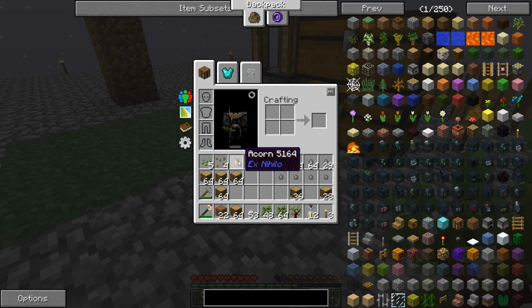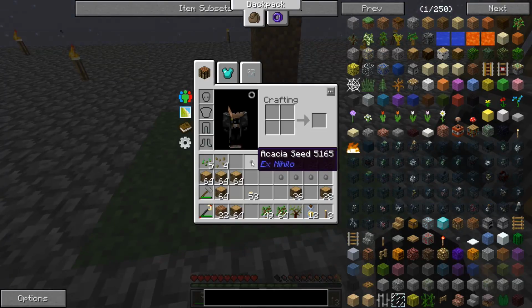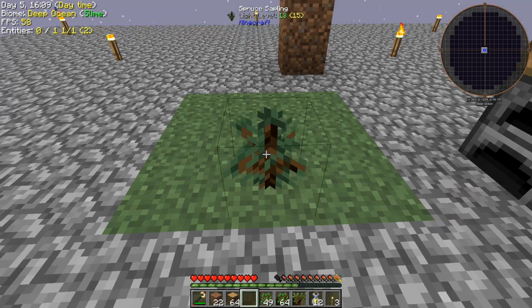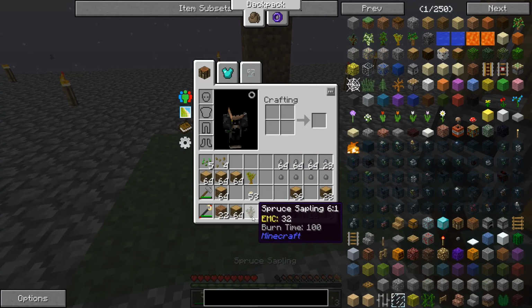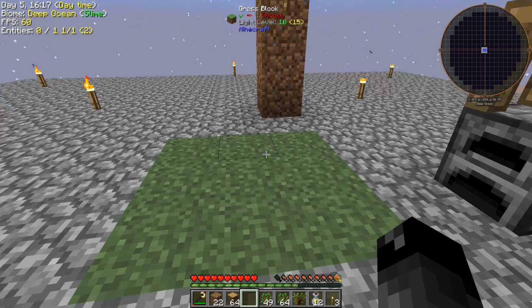We got acorn, which I think is oak tree, right? Let's go and plant that. Yeah, so that's an oak sapling. We got an acacia sapling, so that's kind of cool. And we also got a spruce sapling. Nice. Spruce trees will be very helpful for us if we can duplicate the saplings to grow the 2x2 trees